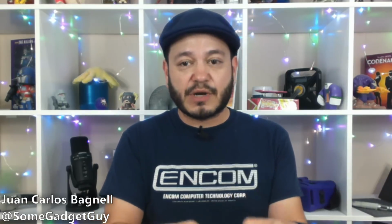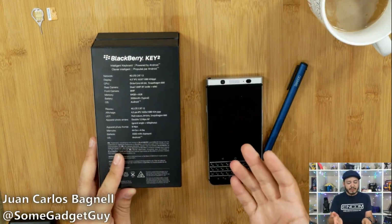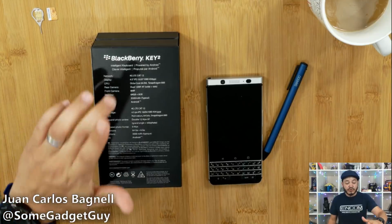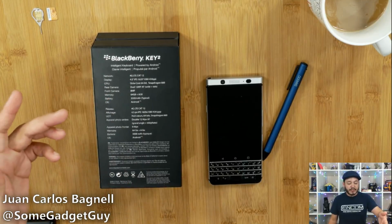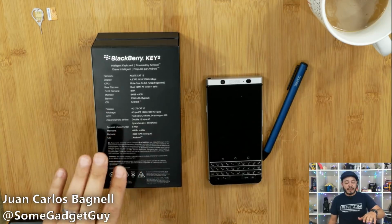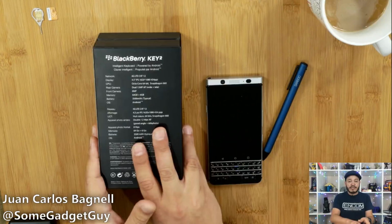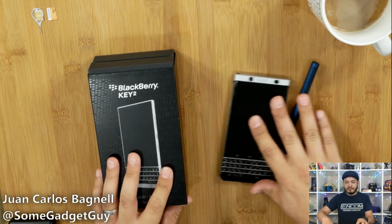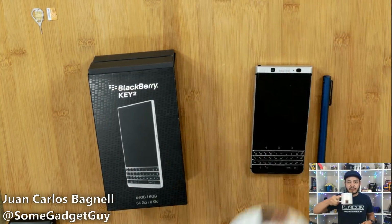Just real quick, we could probably switch over, and so this is the Blackberry Key2. We've of course got the Snapdragon 660, dual 12 megapixel cameras, an 8 megapixel front camera. This is the 64 gig version with 6 gigabytes of RAM and that beautiful 3500 milliamp hour battery. So top of the box, Blackberry KeyOne, stylus, and my coffee. So I'm just going to take a quick sip